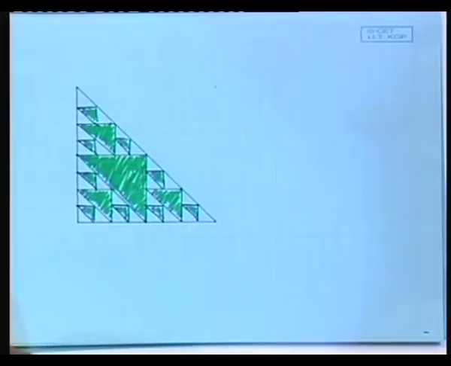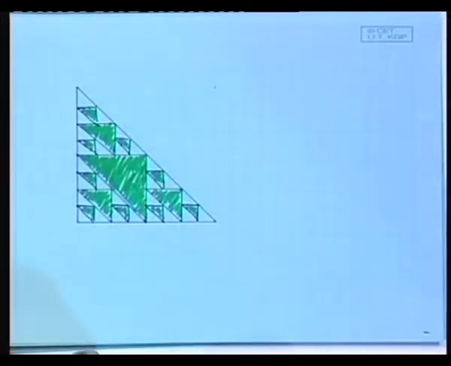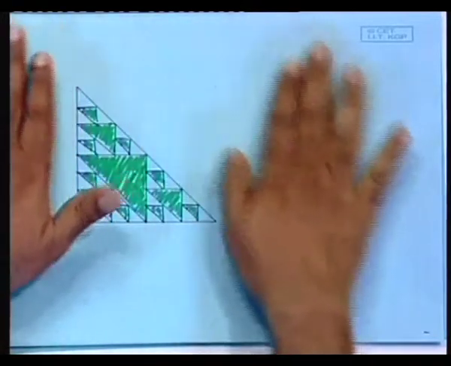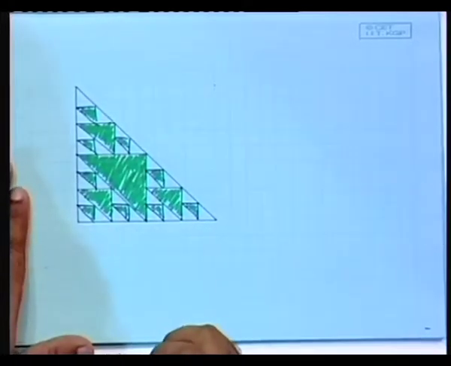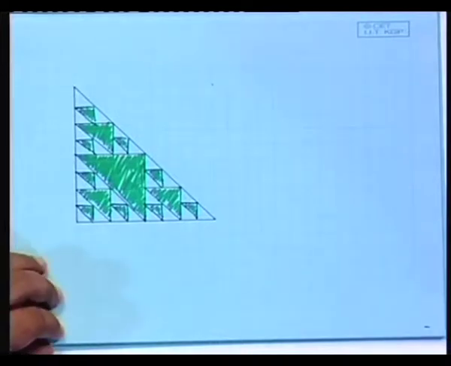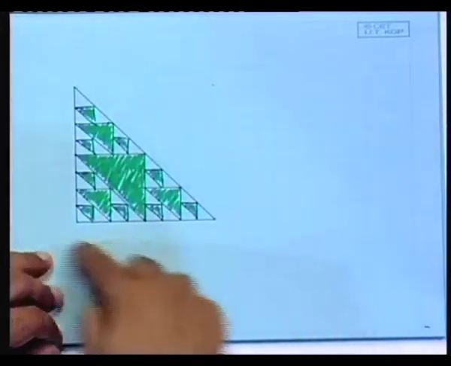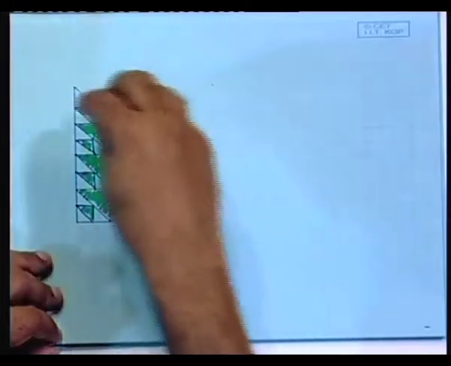So, ultimately what remains is again a collection of dots, and we are now considering what will be its dimension. When we do that, again we have to subdivide the embedding space into the grid. The grid has the property that it completely covers the embedding space and equally divides it. Now, how we construct the grid is very much in our hands. We could do it the same way as we did for the square. That means, we take the whole box and then subdivide into squares and then count the number of squares, but